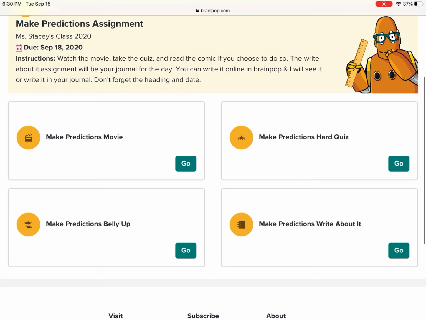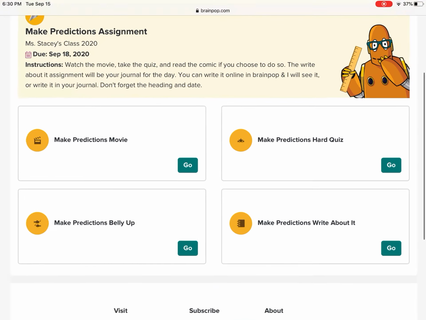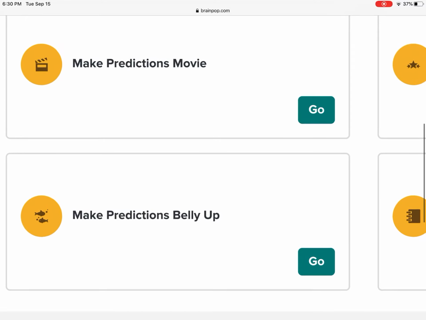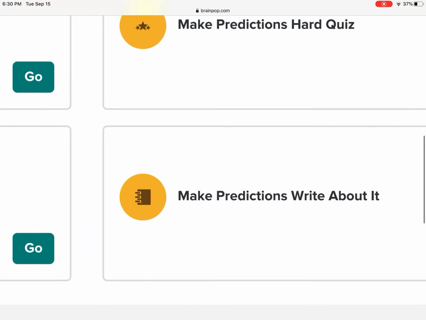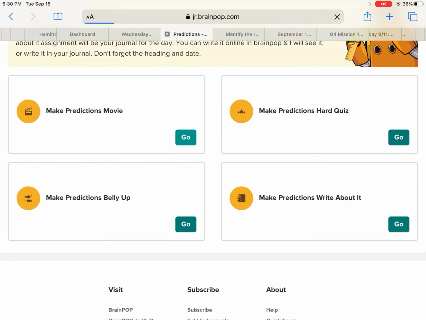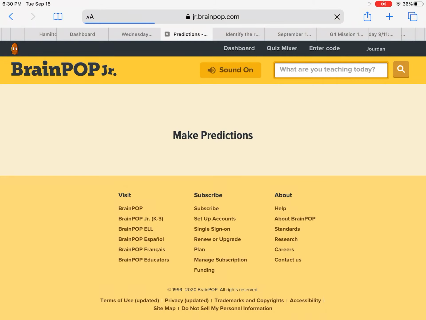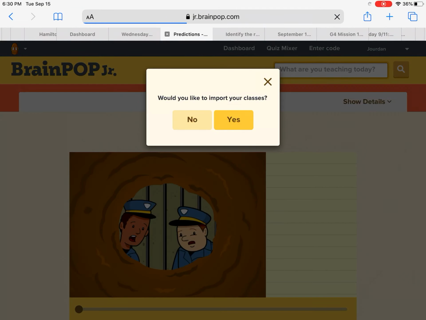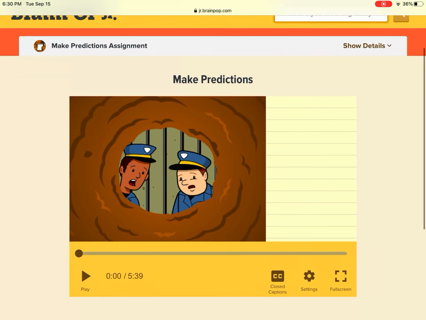In the Making Predictions assignment, there's the movie, the quiz, the cartoon, and then the Write About It project. So for each one, you're going to press go, and it will take you to that part of the assignment. Once you've completed that part of the assignment, that go will go away. So you'll first watch the video, press play,